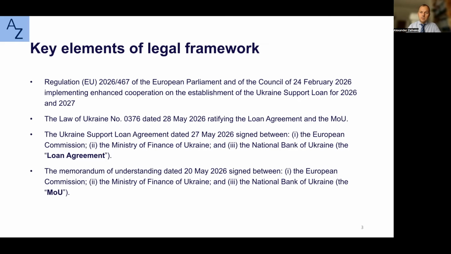Having said this, these are domestic acts of both Ukraine and the European Union. And domestic acts certainly don't create bilateral obligations between the two parties. And it is the loan agreement itself, signed between the European Commission, the Ministry of Finance of Ukraine, and the Ukraine National Bank, as the agent for the Ministry of Finance representing Ukraine, which is a bilateral document and which sets binding conditions for advancing this type of financing, and which is binding in both countries.